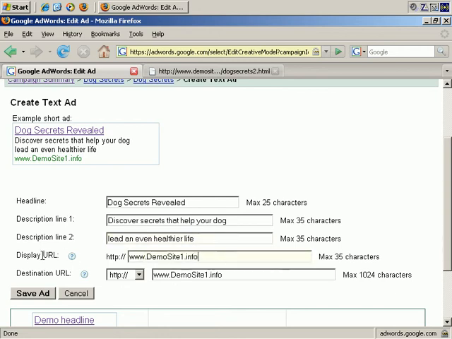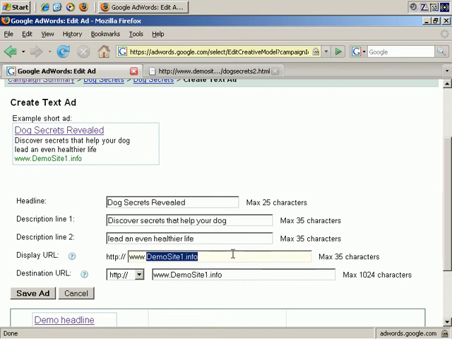demosite1.info. Now, a note about the display URL. It can make quite a bit of difference to your click-through rate. It's strongly recommended that it actually goes to the website where the pages are. You know, some people sometimes have a display URL here which is fake, and I'm pretty sure that Google frowns considerably on that. So, you want to send people to a real site. For example, and you may notice this when you search on Google, that you look for the URL for context, for relevance. And obviously, a Dog Secrets ad with this site probably isn't going to do that well with click-throughs,